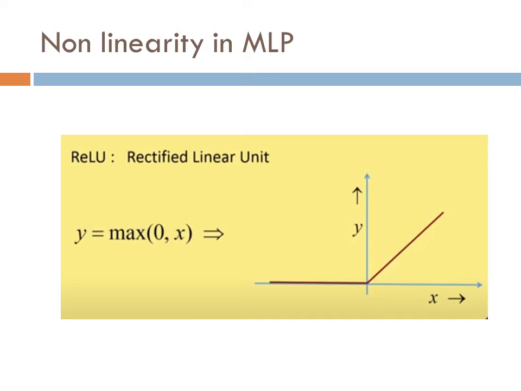Now, other than sigmoidal as a nonlinearity function, the most popularly used nonlinear function in deep learning is the rectified linear unit, which is also called ReLU. The simple graph of ReLU is shown here. It takes the form max of 0 comma x. So if y is a function of x, then y gets the maximum of 0 comma x. If x is greater than 0, y gets the value of x. If x equals 0 or less than that, y gets the value of 0.